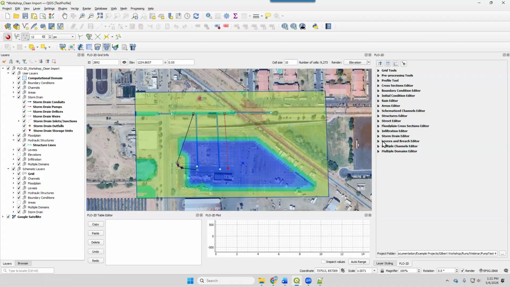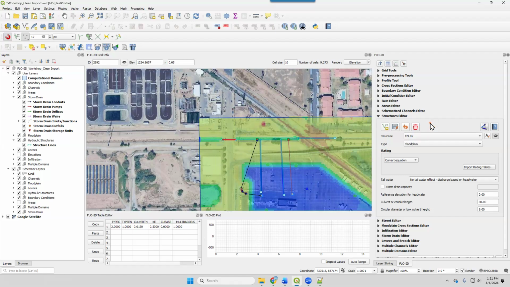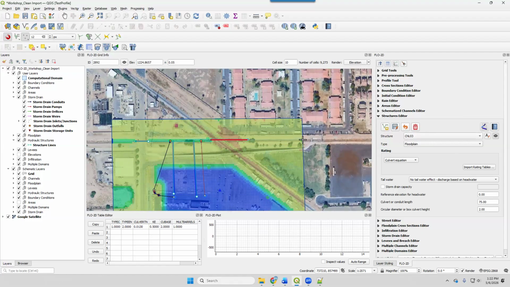So in this system, I have a single structure, two hydraulic structures that define pumps. And you can see, actually, the whole system has 4 hydraulic structures. You can see we have this one down here that we're going to use to determine whether or not the water is moving downstream. And this one up here that's going to allow a discharge, a steady state 6 CFS